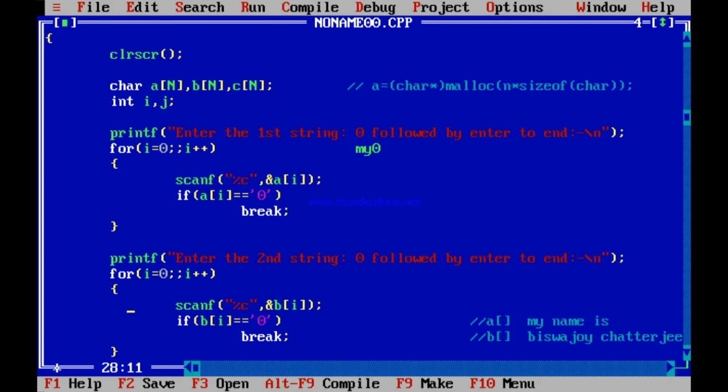So the second time when you scanned, it started scanning from the input buffer. In the input buffer an enter was there, so that enter was immediately scanned in. Do you understand? That extra enter was scanned in as part of your B, that is B[0]. And then whatever you entered, name: N was scanned, A was scanned, M was scanned, E was scanned. But the enter that you entered in the first string was not scanned within the A array, because for the A array you have said if it is 0, you break out. So it found the 0, it broke out.